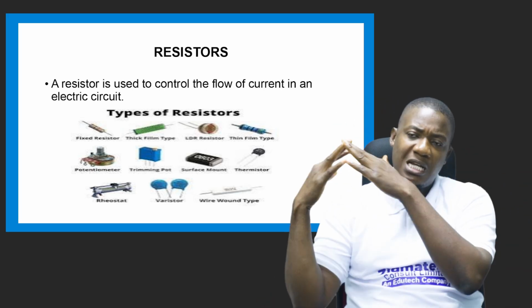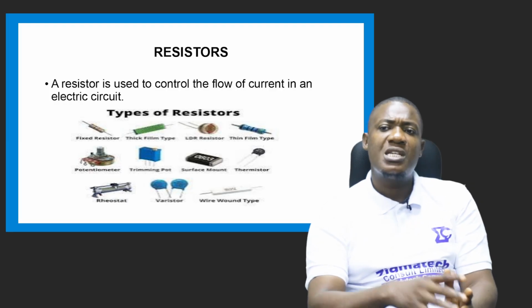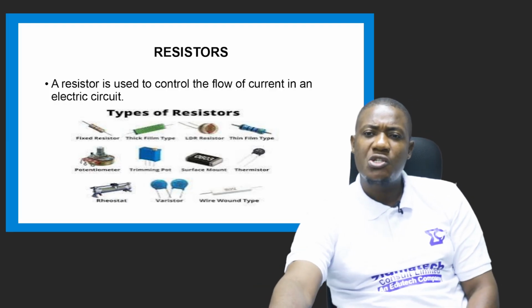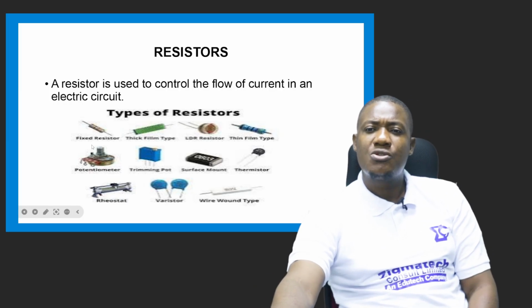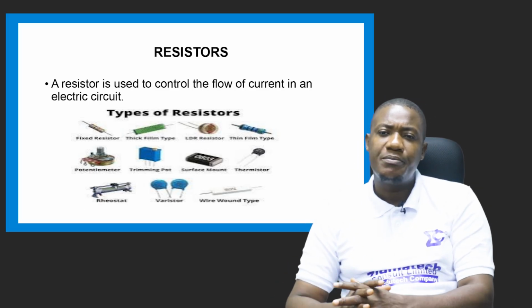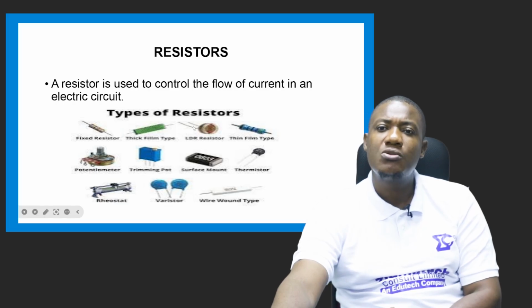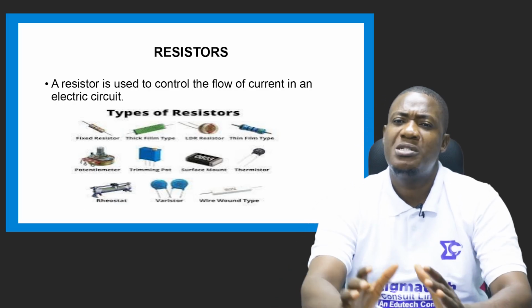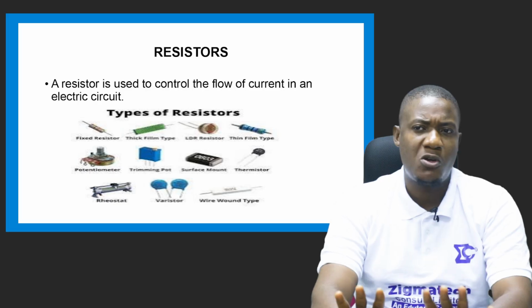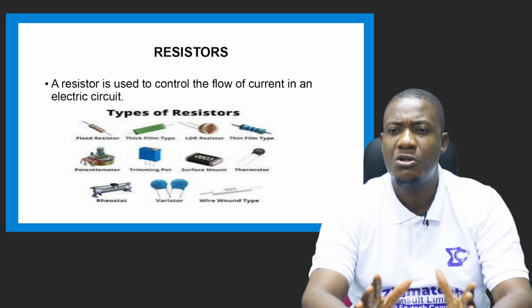You can have it as 10 ohms and all of that. Resistance of a resistor is measured with an instrument we call an ohm meter, and the unit is called ohm. It's important you know all of this. We won't delve deeper. We'll just stop at this point so that we'll not go beyond the scope of this